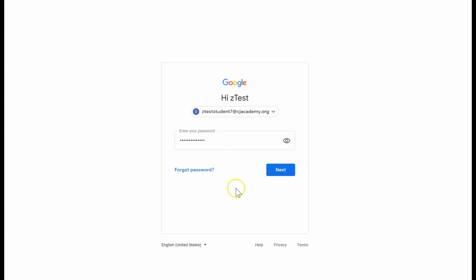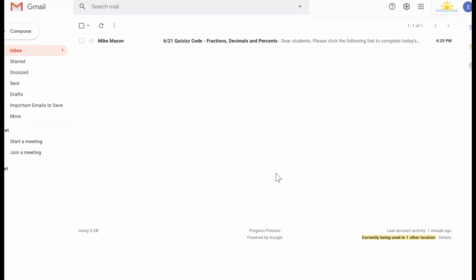So first thing you're going to want to do is log in. I have an account here that's pretty much like a student. So yours would obviously say your first and last name at cjacademy.org, but not Z test student. And when you get into your email, you'll notice that my email is nice and clean, hopefully yours as well,